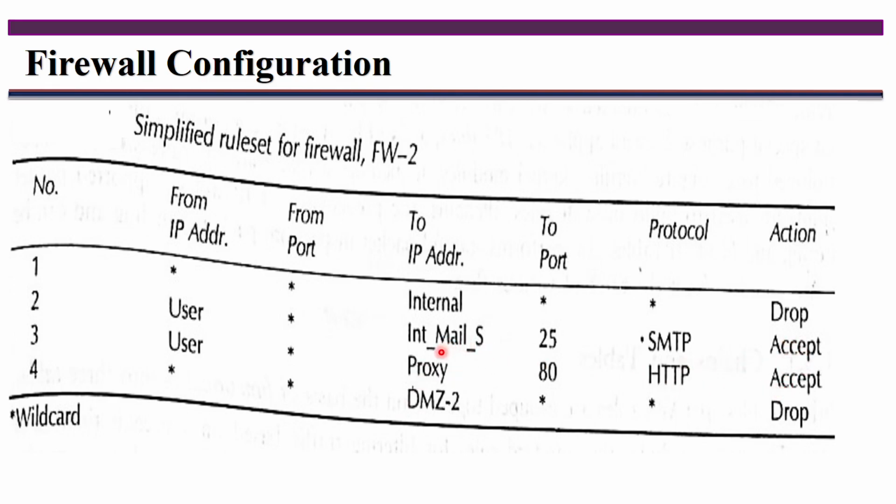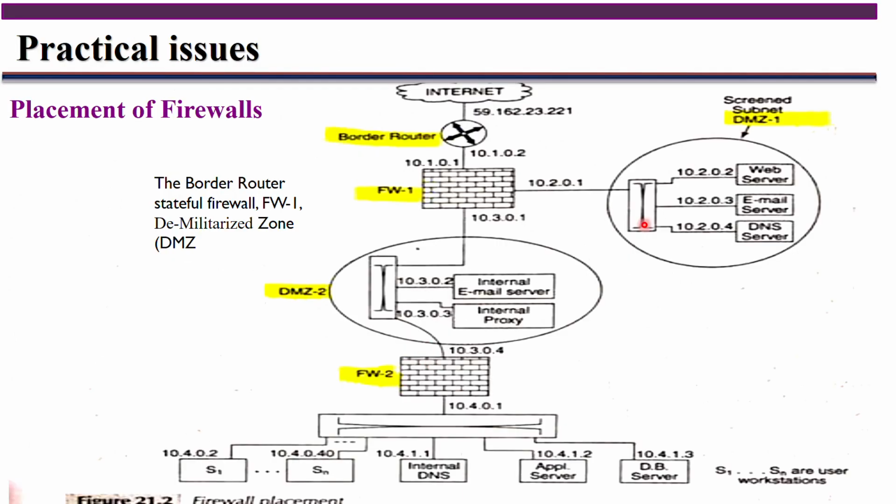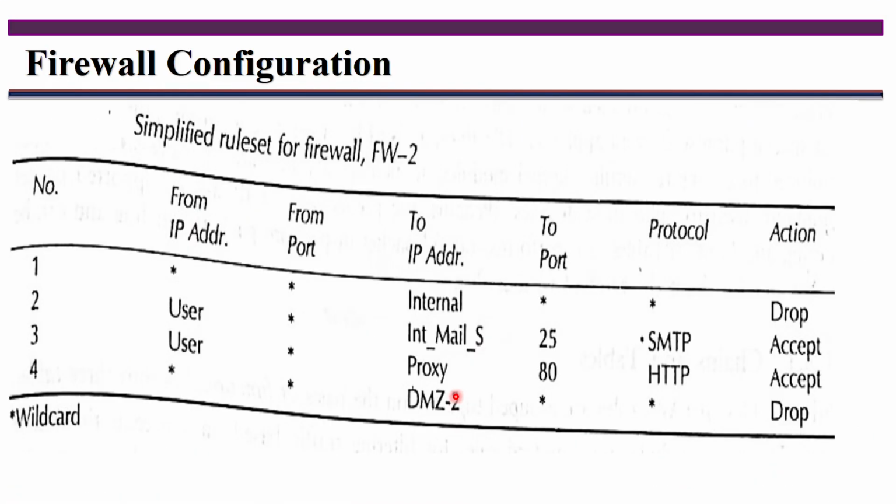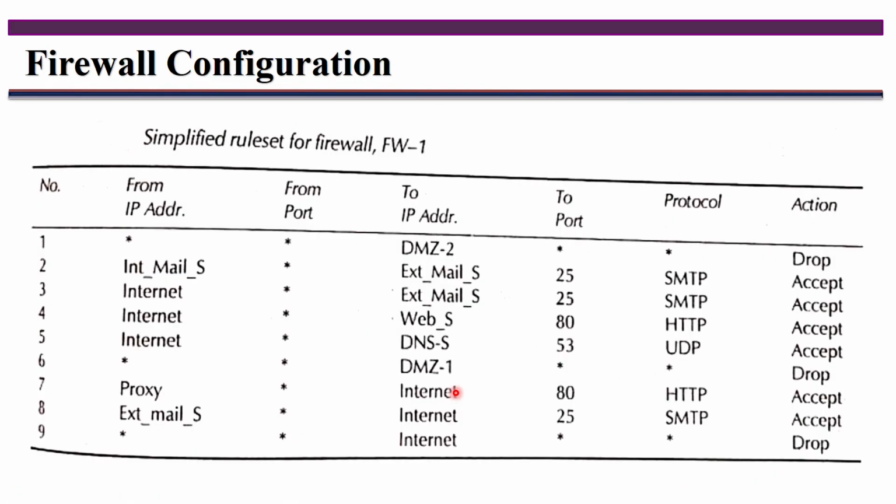Okay, so the meaning of this is: any machine, these external outsiders, can communicate with the web servers only. The web servers are in the demilitarized zone here. If you want to communicate within this particular zone, yes, you can communicate here. Next are some of the simplified rules of firewall 1 here. Okay, two firewalls are set in. These are the rules here.